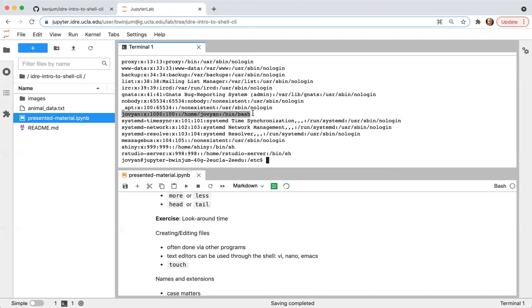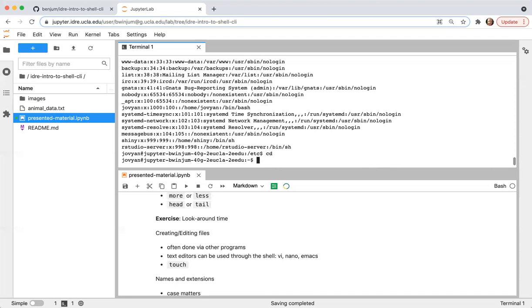Here's the Jovian user. And you don't have to worry about what this is, but this just tells you that Jovian is one of the users on the system. And then I'm going to cd back into my home directory just with cd. So I invite you to come back and just do a lot of looking around, just changing into different directories on the file system and looking at what the contents are.